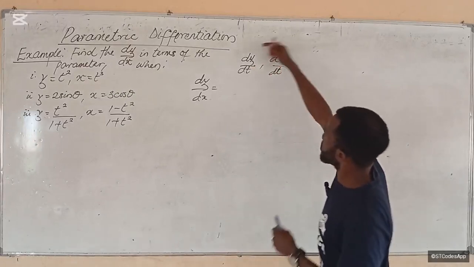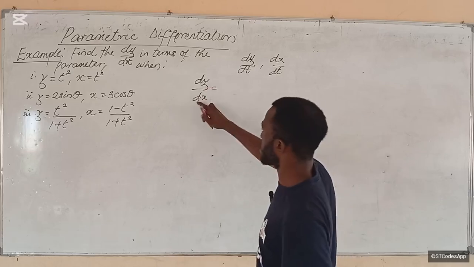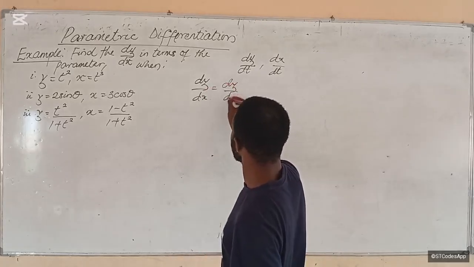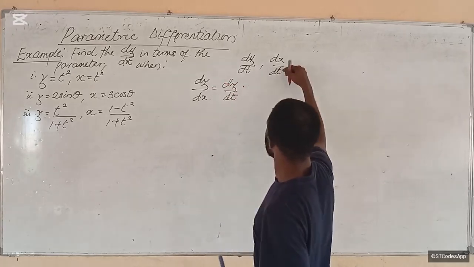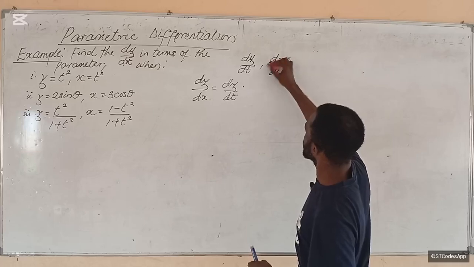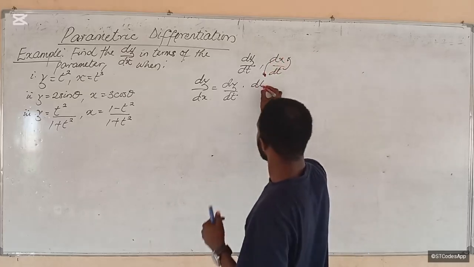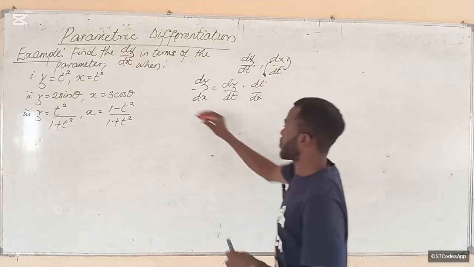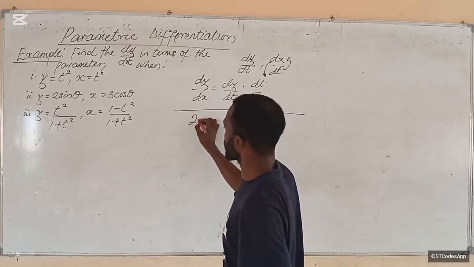So after finding these two, you now say dy/dx, which is your first degree derivative, will be dy/dt dot, you will invert this, right? This one will come down, this one will go up, that becomes dt/dx. And that will be your answer. That's for first degree. But if you want to find for second degree,